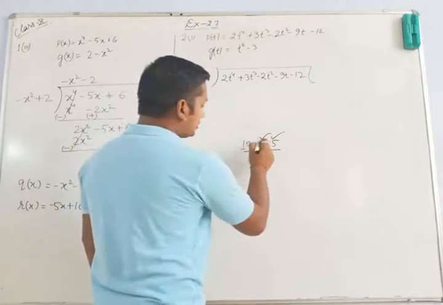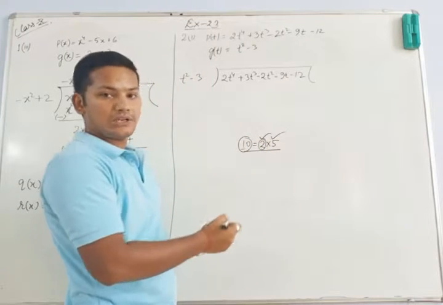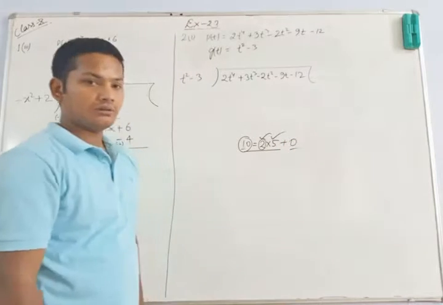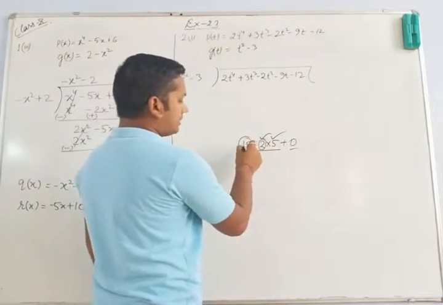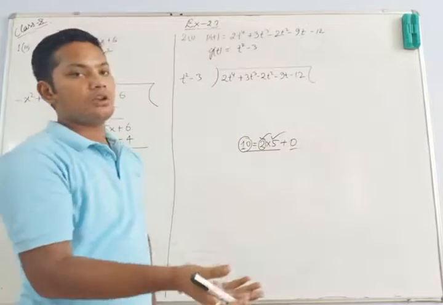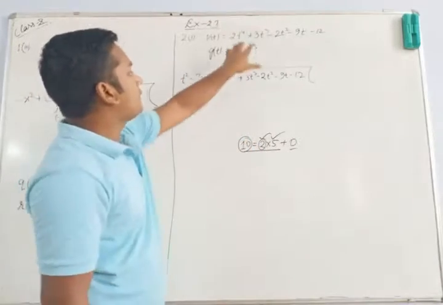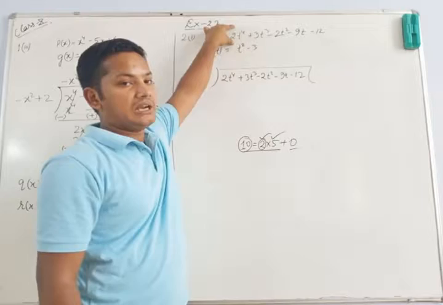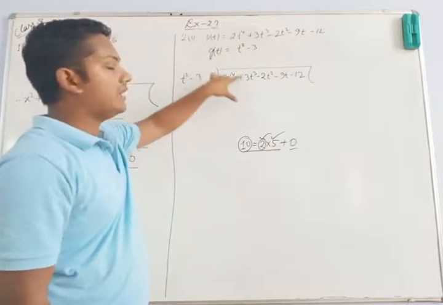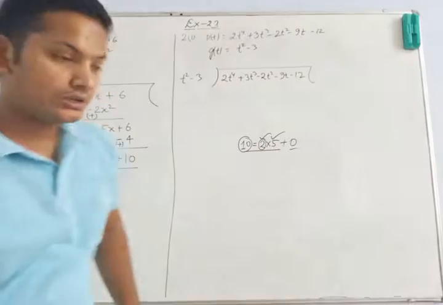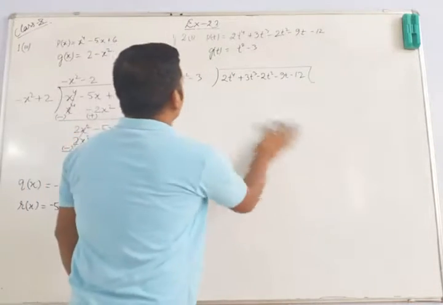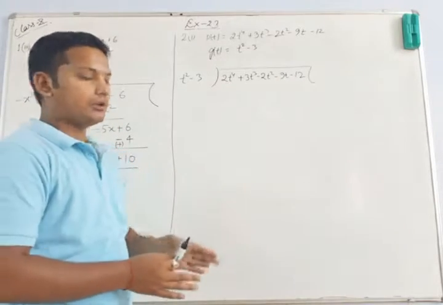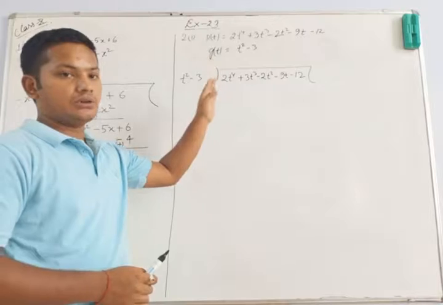What that means is that this 2 can divide this 10 totally, meaning fully it will be dividing, and it will be leaving no remainder or 0 remainder. Similarly 5 can divide this 10, leaving no remainder. That means whenever one polynomial is a factor of another polynomial, when we divide it, it will give you a 0 remainder. So in all three cases of question number 2, we have to check whether the first polynomial is a factor of the second polynomial. For it, we will be dividing. So let's divide.